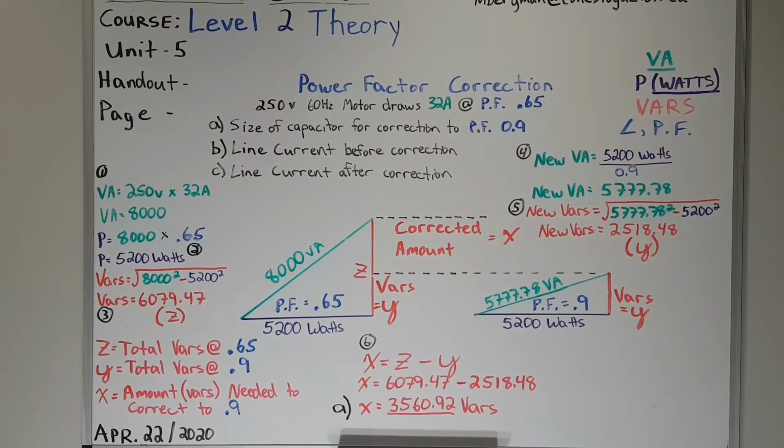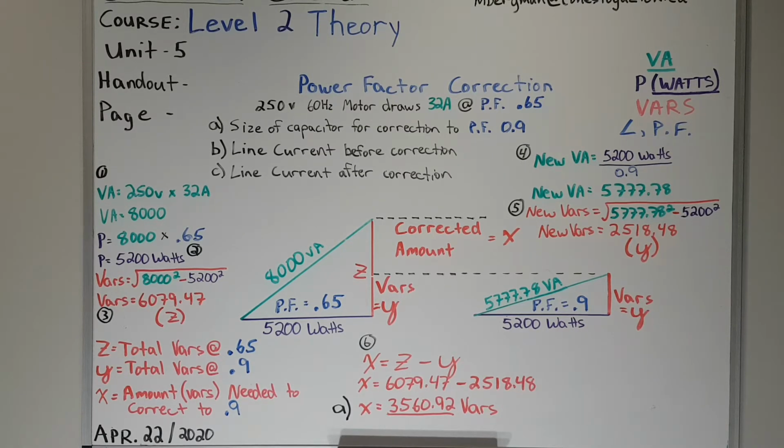Okay, so I've plugged in some real numbers. I know at first glance the board looks a little busy. We're going to work through it though and help you to understand where the numbers go and the order in which you do this. So I said we have a 250 volt 60 hertz motor, draws 32 amps, and